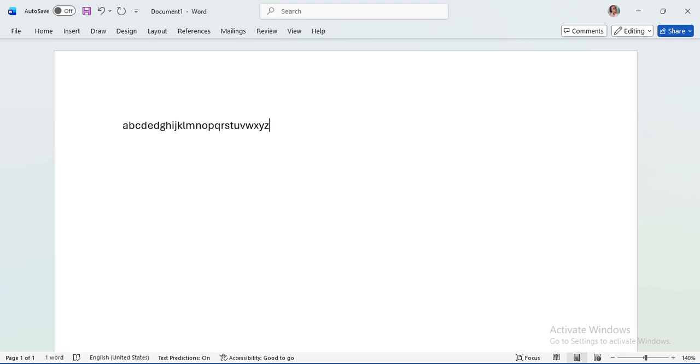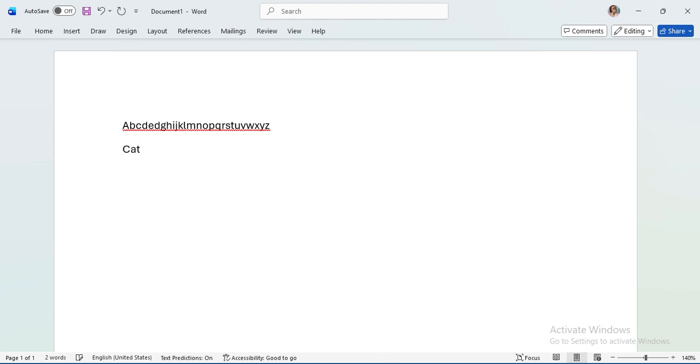Once you're done with typing, you can press the enter button. The enter button is usually named on the keyboard and you can be able to see it. Then you click enter. And as you can see, once I click enter, it has moved us to the next sentence.